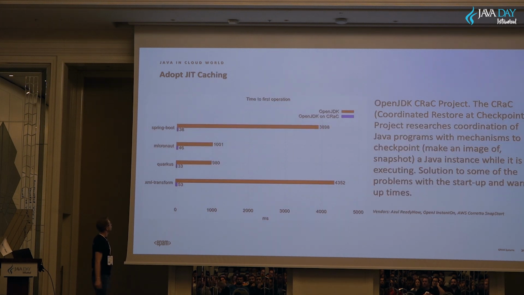Next one is JIT caching. Based on this slide, you can see that if we use JIT caching and compare it with our frameworks, we see how JIT caching helps us improve the startup time and the time to the first operation. Initially, it was a project called CRaC, Coordinated Restore at Checkpoint. And the idea of this improvement